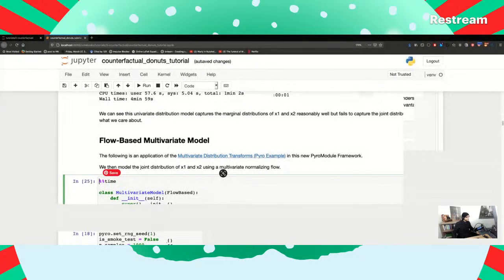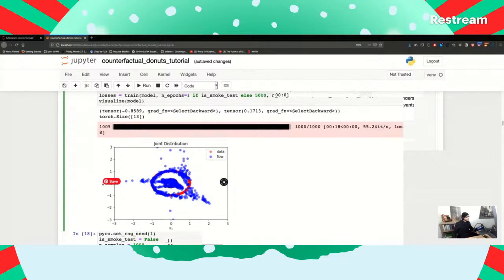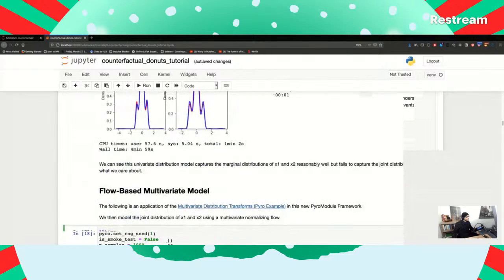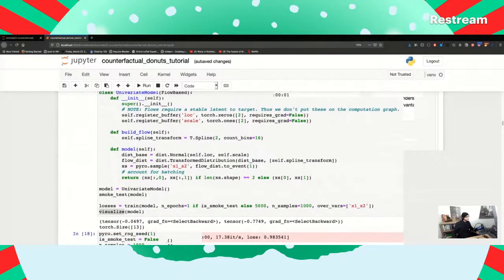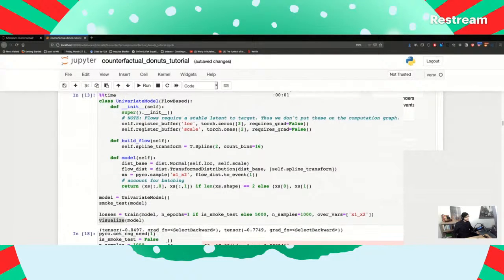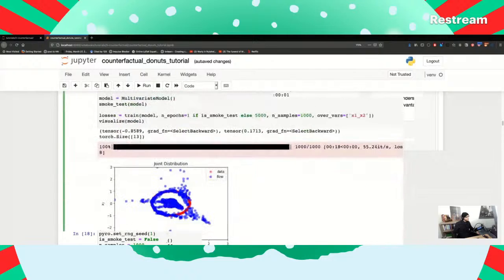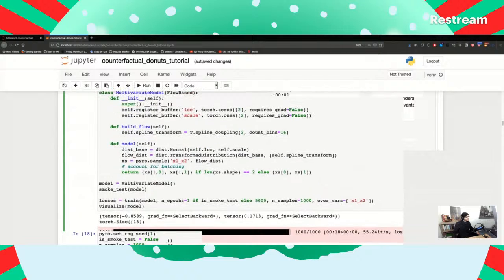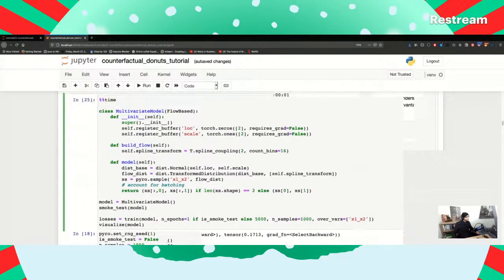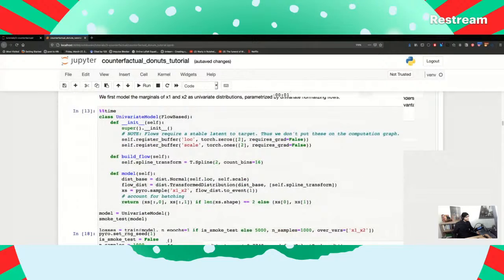Let's see if we can't jump down to... So this is actually... Maybe there's something I'm missing here in terms of why this is working. So what is the difference between this univariate and this multivariate? So maybe I guess the point here is the multivariate must be doing a better job capturing the nuances of the donut shape. So here, if we looked at these models, what do we see is different?